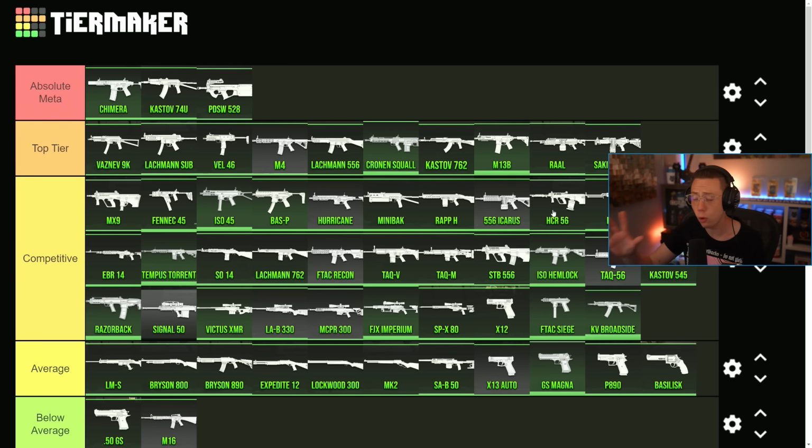Now that said, borderline weapons here: Kastov 762, M13, M4, Lockman. The rifle category in general right now is going to feel a lot more weak because of this health update. They're already, pre-update, not really the fastest TTK options there. The M13 was competitive. The Lockman was competitive. 762 hits hard. But when you factor in the extra shots required and the damage that these guns output now,